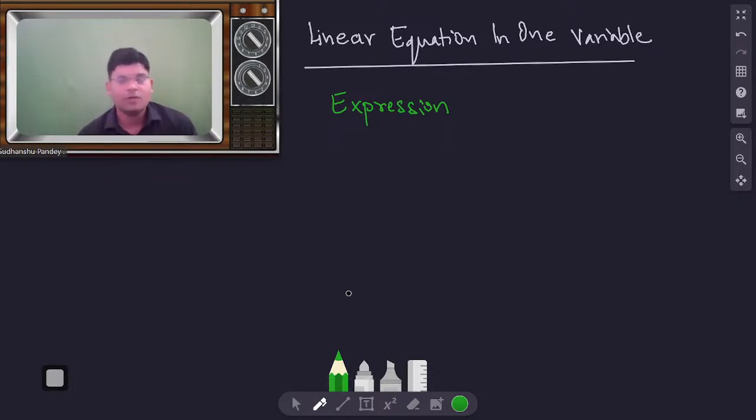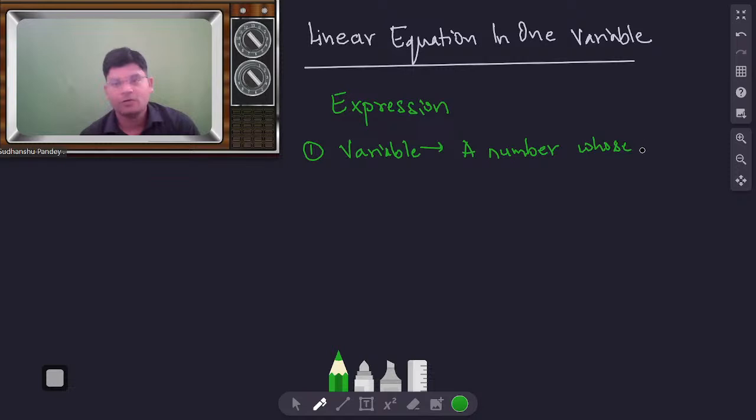Expression means we are going to express something, and that too with the help of a variable. Now what is a variable? So first of all we will understand the concepts. Tell me, anybody, what is a variable? It's like x. It's like where a value can be denoted to that thing. So variable is a number. First of all, write down: variable is a number